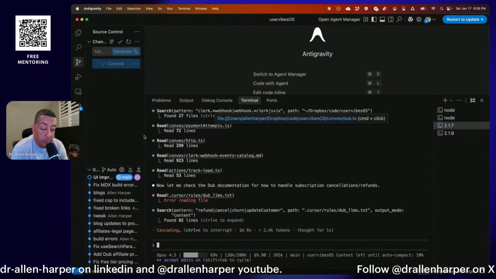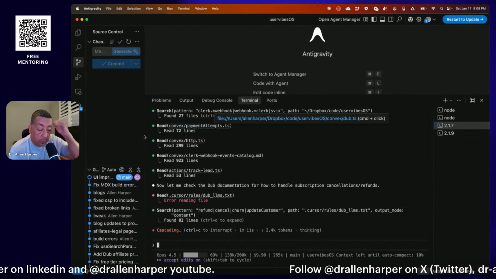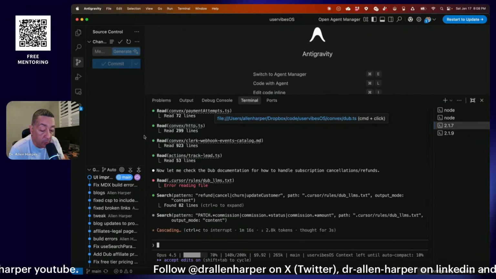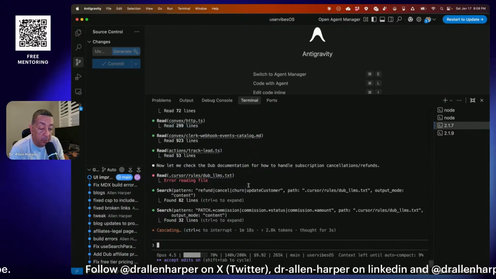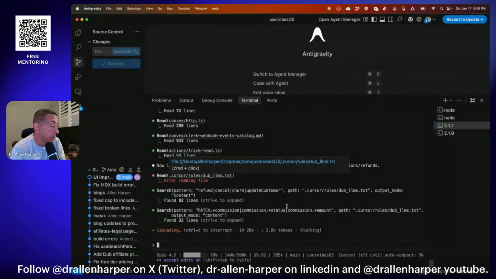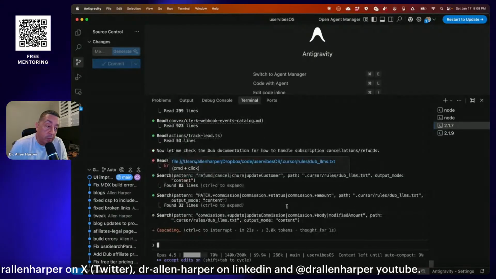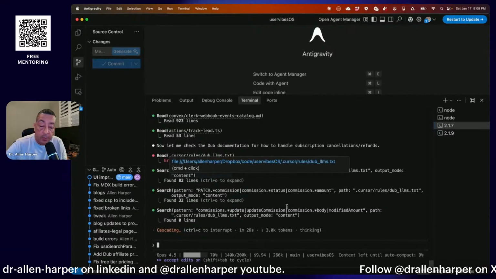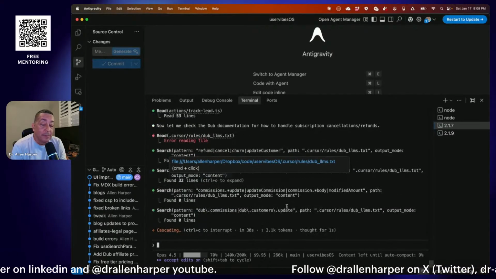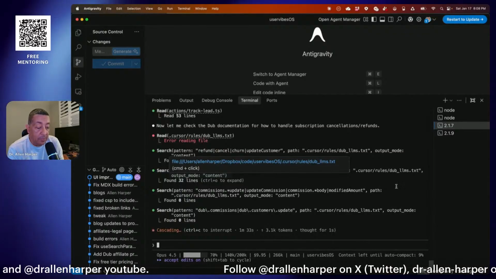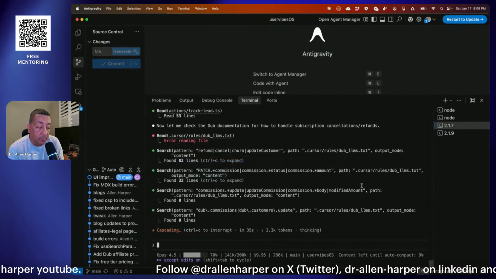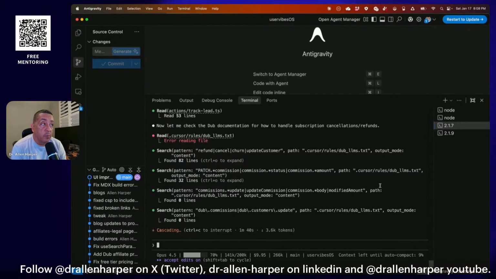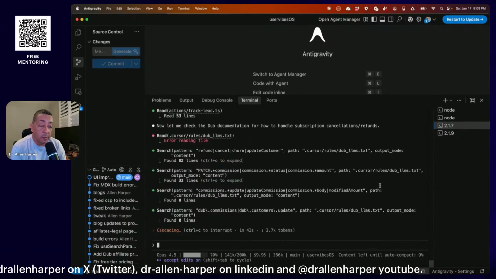Okay, it's trying to read the Dub LLMs file. Looks like it choked on it because of its size, but now it's doing a different search. It's reading 82 lines of it. That's good. Yep, it's researching. It's doing exactly what I told it to do. When you tell it to use ultra thinking, it's going to slow down. You can see this is taking a couple minutes. It's going to use its thinking cap, right? And a lot of times it acts like it has a dunce cap on. But if you say ultra think or ultra thinking, one word, then it goes and does its highest level